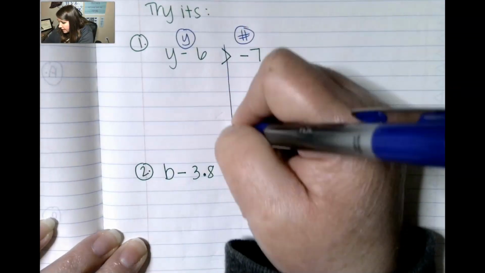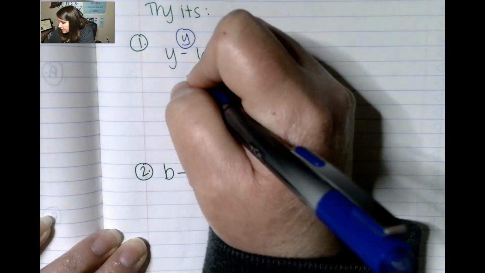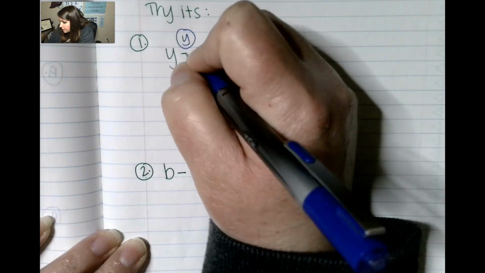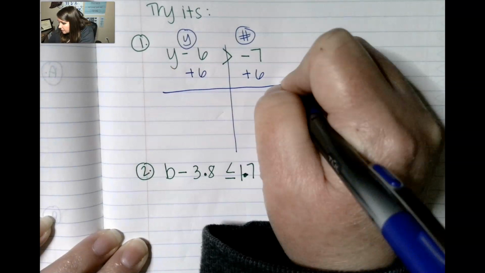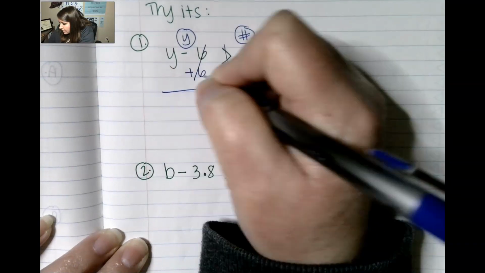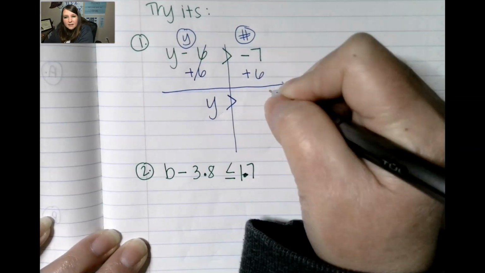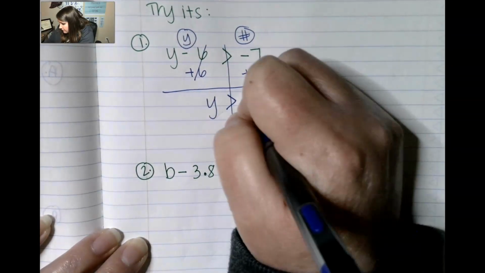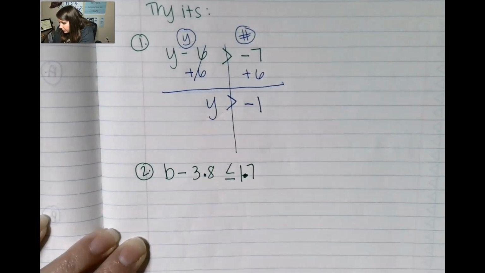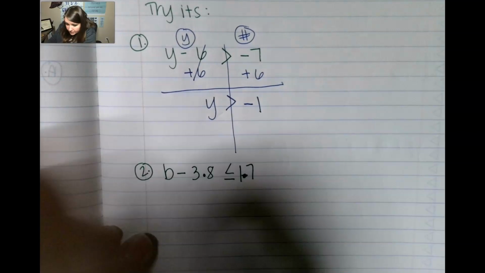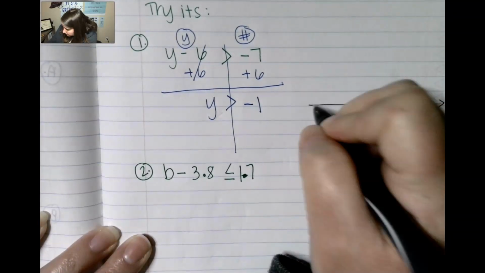All right, I'm going to draw my line. I want to isolate this variable. I want y by itself, so I'm going to do the opposite. So minus 6, I'm going to add 6, and add 6. So that goes away, and that is y is greater than, I had -7, I add 6, so I have -1 left over, so y is greater than -1. So if I were to graph this on my number line,